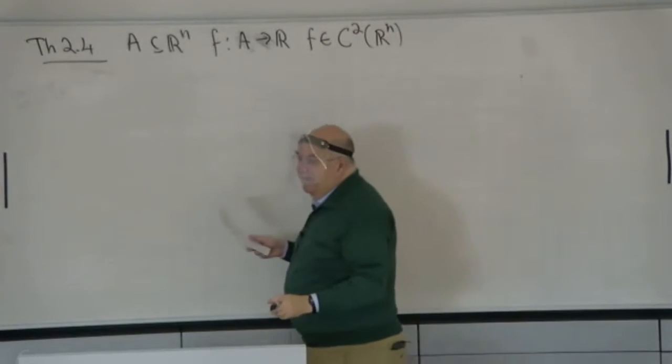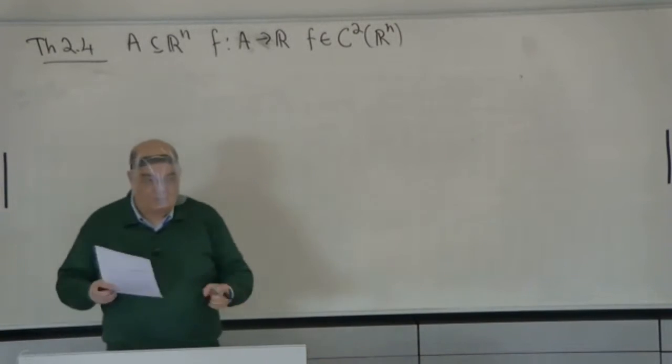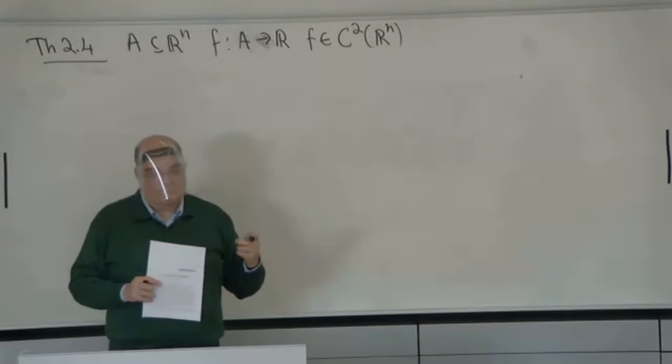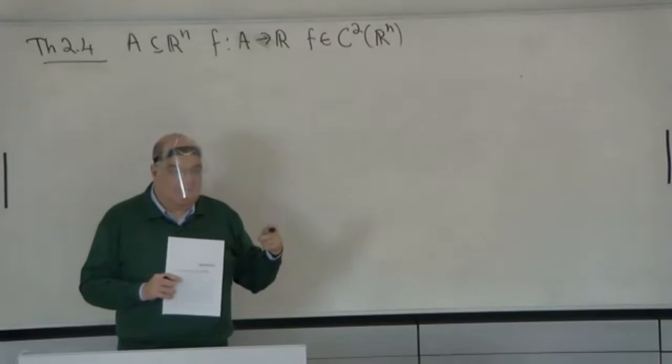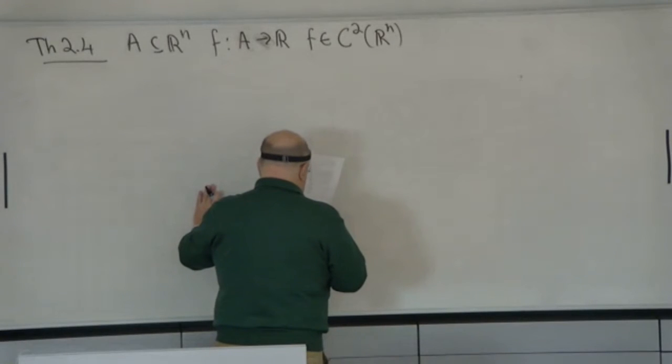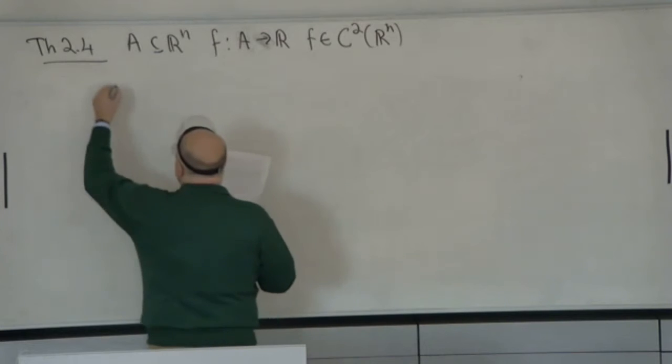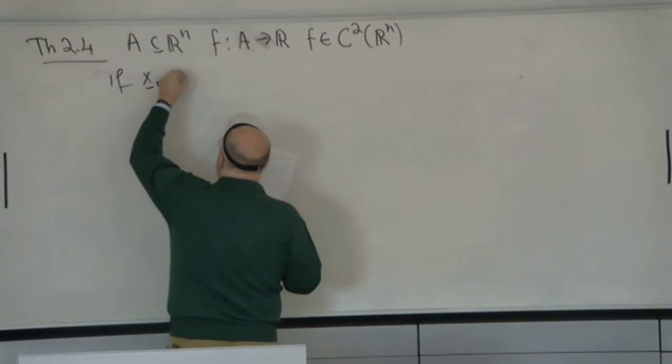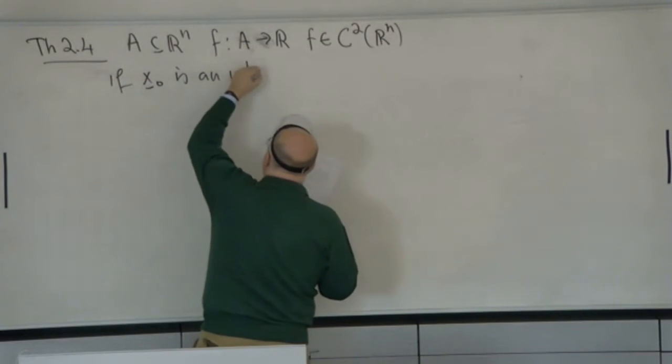So we assume that f is twice continuously differentiable. That is, not just the gradient, but also the Hessian matrix is continuous with respect to x1, ..., xn, with respect to the input. So if x0 is an interior point,